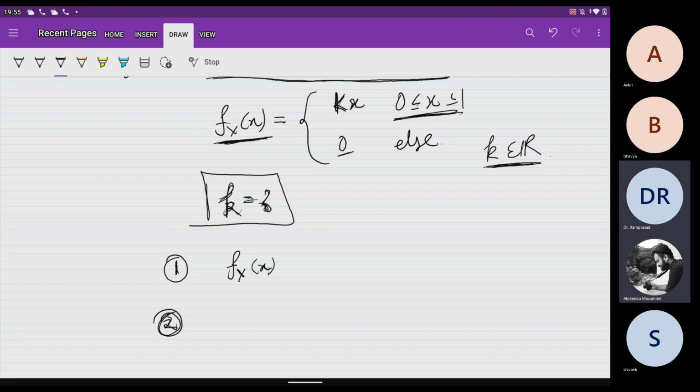Yeah, you are audible. So the first property is f of x should be greater than or equal to 0. And the second property is,